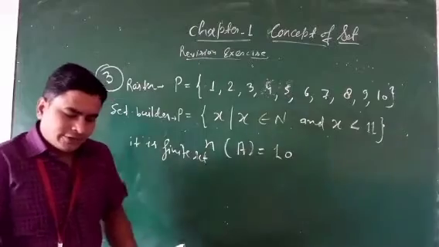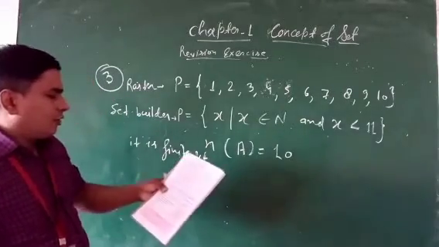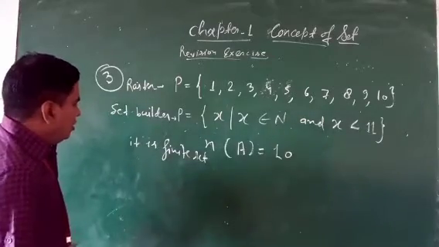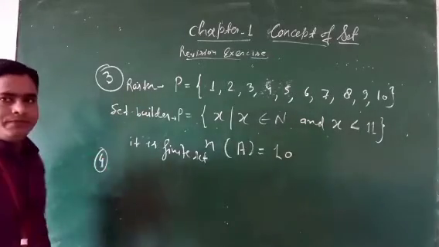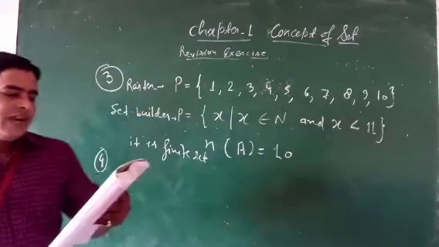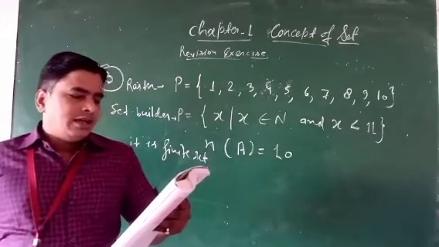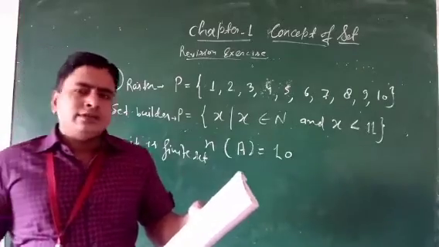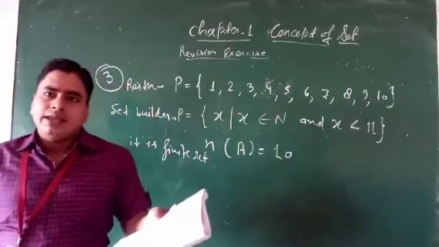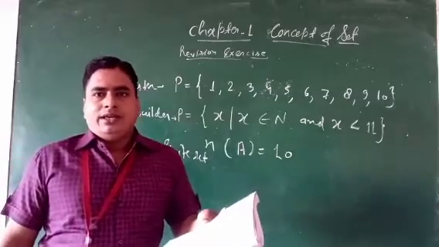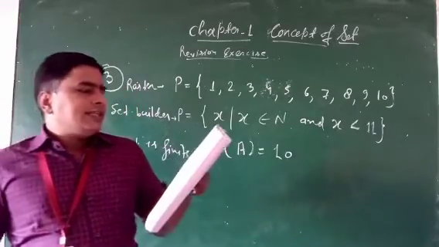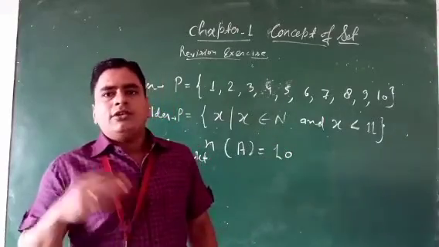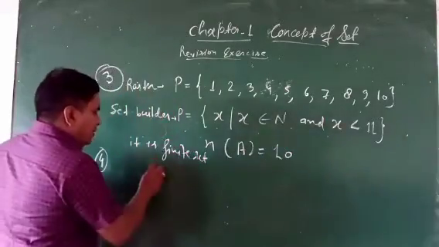Now next question, the fourth one. See here, fourth question. Classify the following sets into finite, infinite and empty sets. आपको बताना है कि जो सेट्स हैं ये फाइनाइट है, ये इनफाइनाइट है कि एम्पटी. Clear? So first one, the set of prime numbers lying between 13 and 17. 13 और 17 के बीच में set of prime numbers.